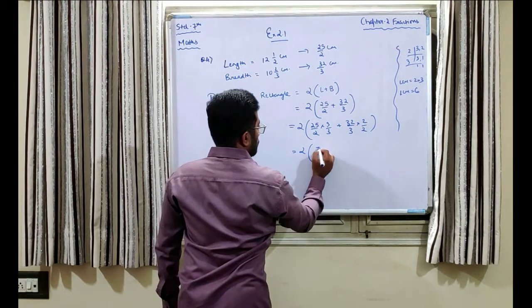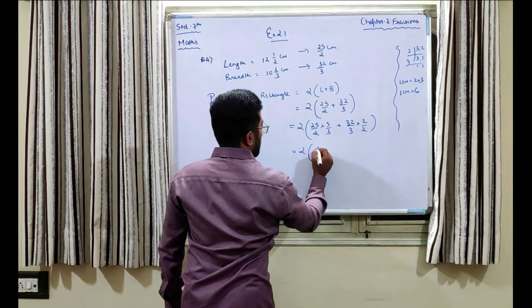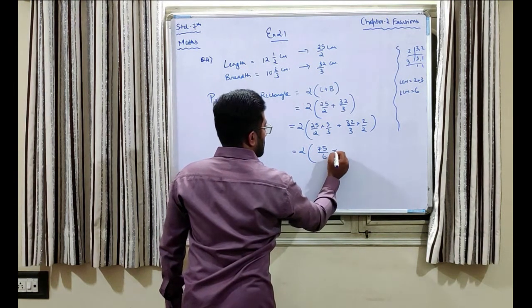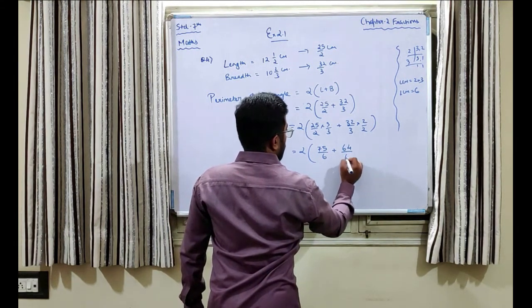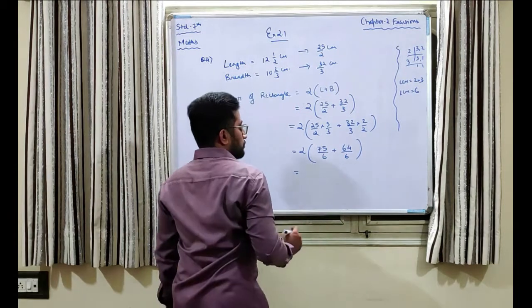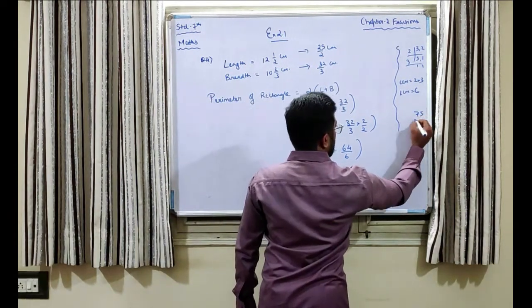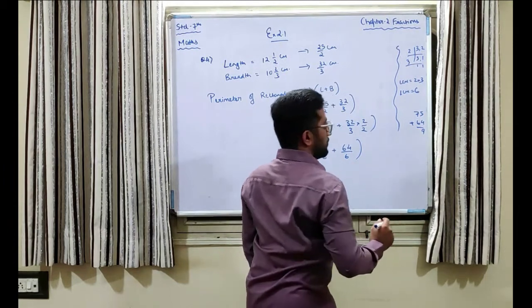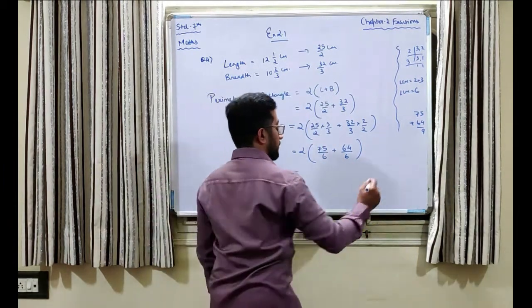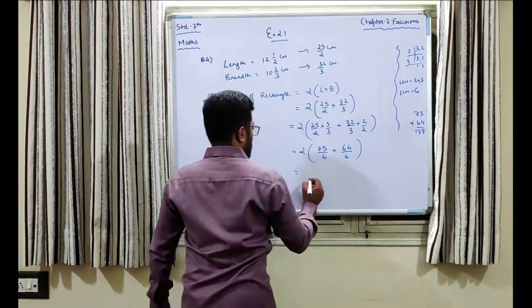So 25 into 3 will be 75 upon 6 plus 32 into 2 will be 64 upon 6. So 75 plus 64 will be 5 plus 4 is 9 and 7 plus 6 will be 13, 139